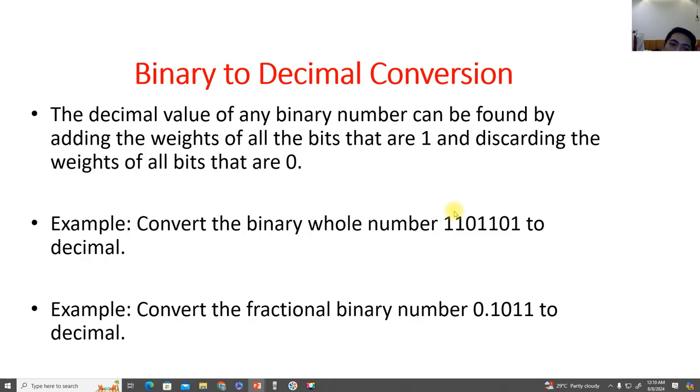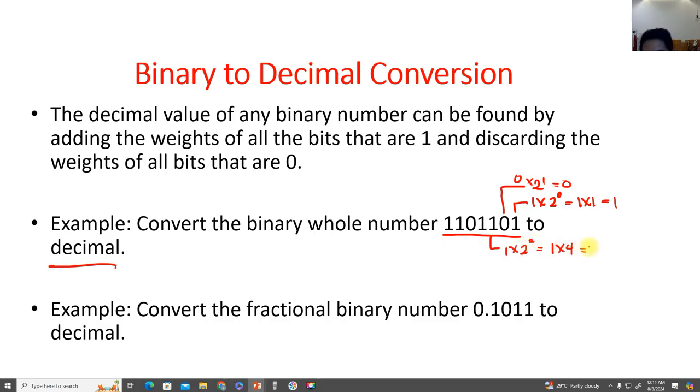So how do we convert binary to decimal? Actually, I've already shown you a while ago, but we will be converting it again. We are going to convert the binary whole number to decimal. So let's say we will be converting this. This would be 1 times 2 raised to 0, which is 1 times 1, which is 1. We can skip the zeros, because 2 raised to 1 times the 0 digit is still 0 because of the 0 multiplier. And we have here 1 times 2 raised to 2, so we have 1 times 4, which is 4.